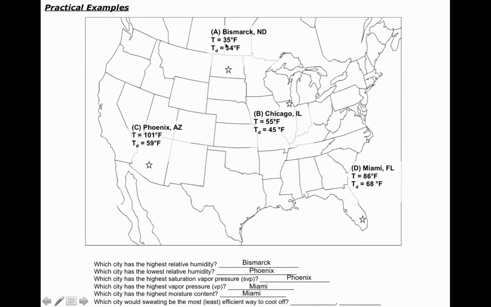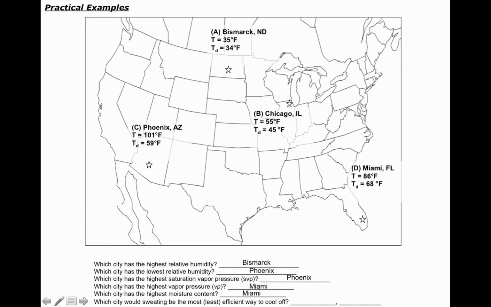Cold atmospheres are easy to saturate. Don't forget that, okay? So always in winter in Champaign, we have really, really high humidities, simply because it's cold here during winter. But that doesn't mean there's a lot of moisture in the atmosphere. Keep that relationship kind of straight in your head.